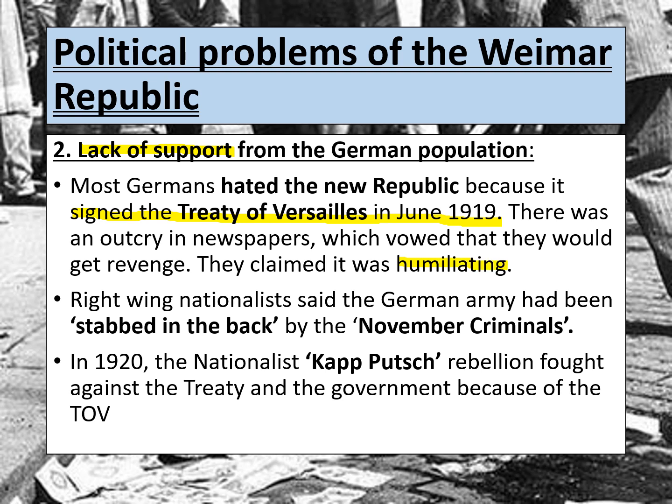We also know that there were many right-wing nationalists in Germany, and these right-wing nationalists had said that the German army had not actually lost the First World War, instead it was stabbed in the back by the politicians, and it was the politicians who signed things like the Armistice and the Treaty of Versailles that had led to Germany's defeat and downfall. And that's another reason why the right-wing nationalists named some of these politicians November criminals. The November criminals name comes from the idea that the armistice was signed in November. So of course that tells us that these right-wing nationalists were certainly not supportive of this new Weimar Republic.